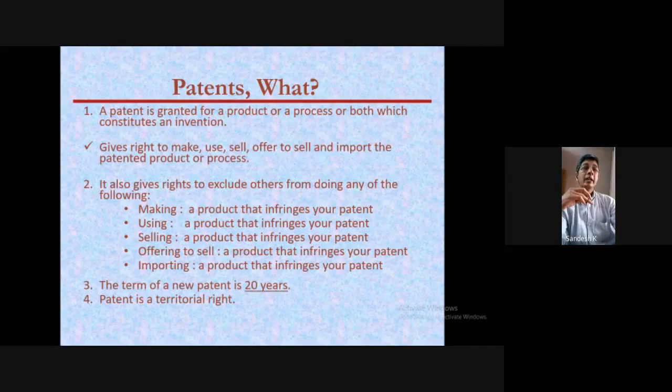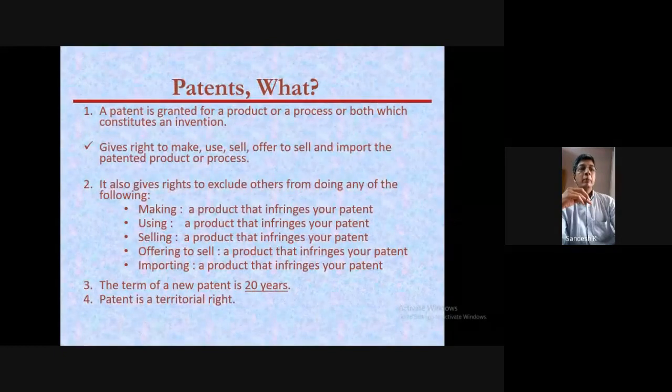And since you have patented, it's not necessary that you utilize it. It is not that since you have a patent, you have to manufacture it, you have to sell it. No, it is nothing like that. If you are interested, you can sell it. It's your property. It is your decision whether you buy it, whether you use it, whether you sell it or not. It is your decision because you are a property owner.